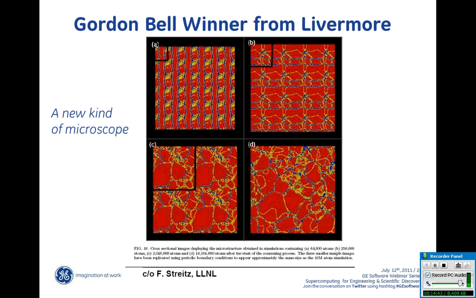This is an atomic model, and because of the size of the machine, historically they had only been able to model what you see in the darkened triangle or square in the top left. That one was representing about 64,000 atoms, and they had to tile that across to get the same volume that you can see in the lower right,